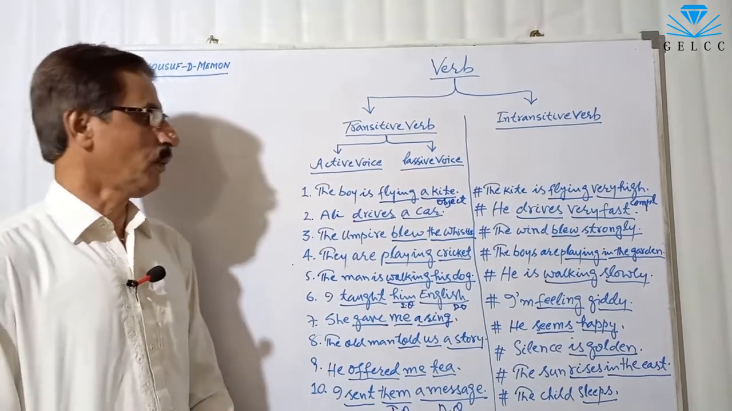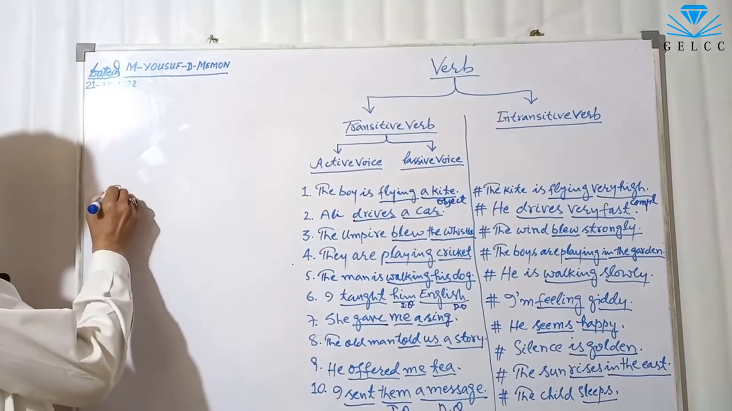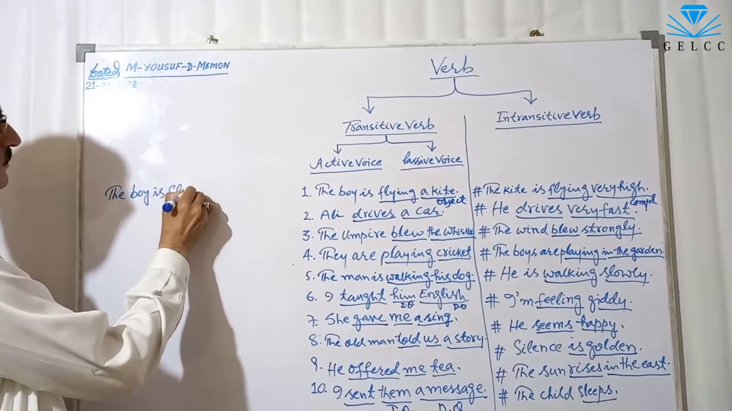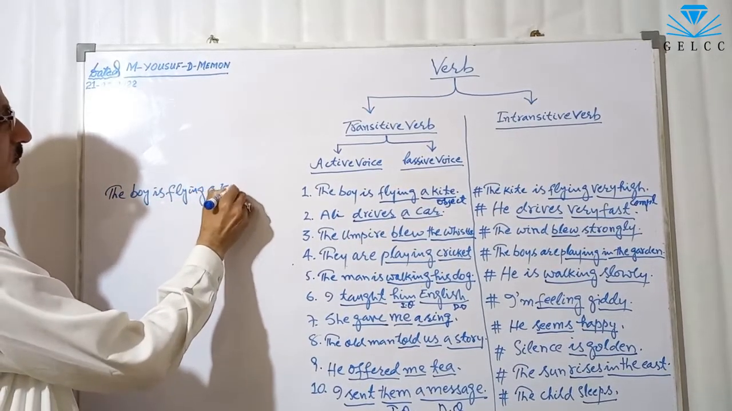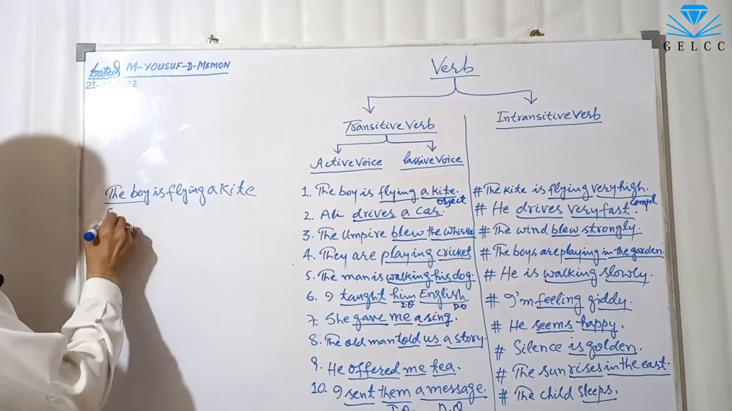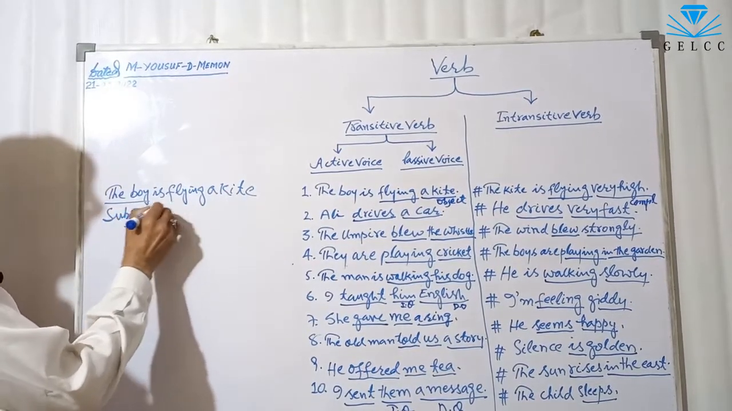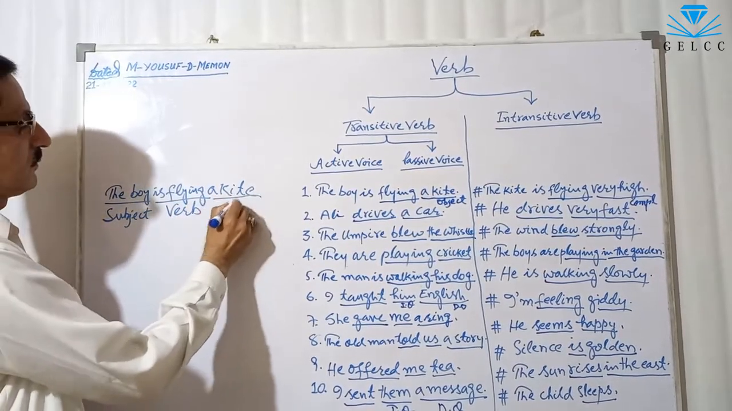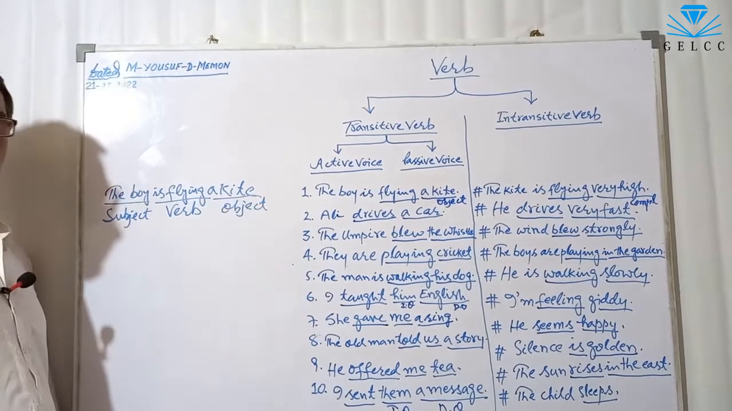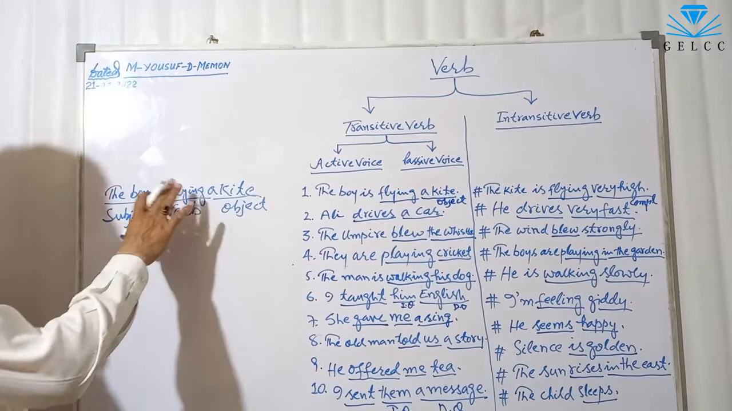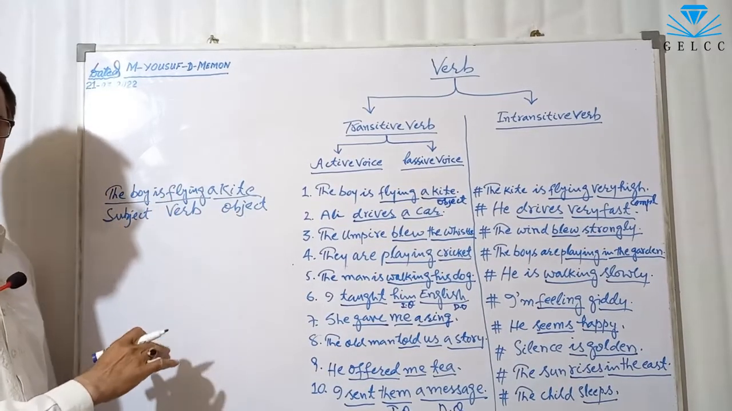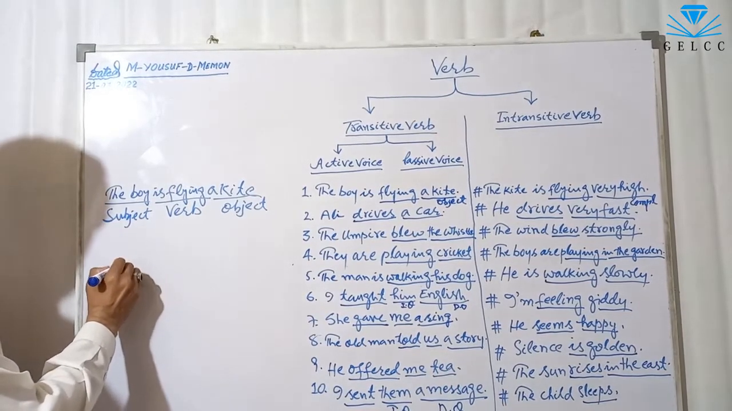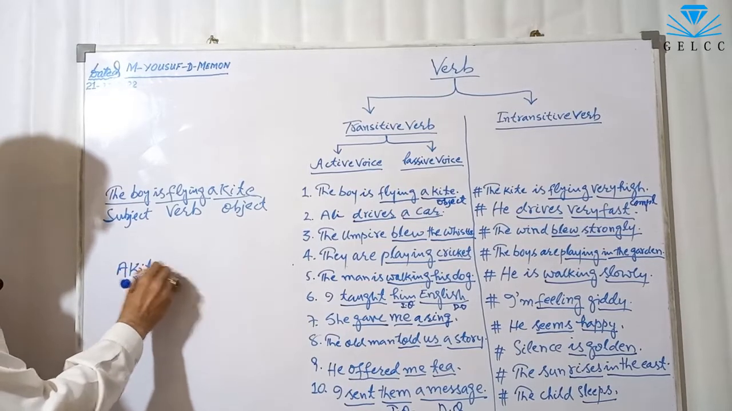The boy is flying a kite. The boy is the subject. Flying is the verb. A kite is the object. So this sentence is in active voice. We can change it into passive voice. Put the object in the beginning. A kite